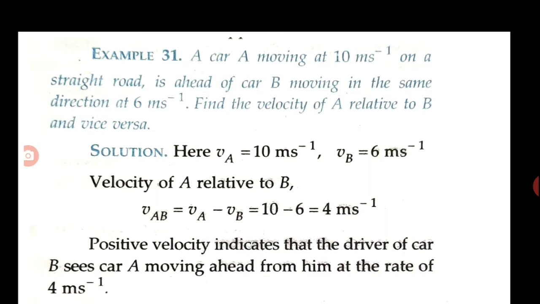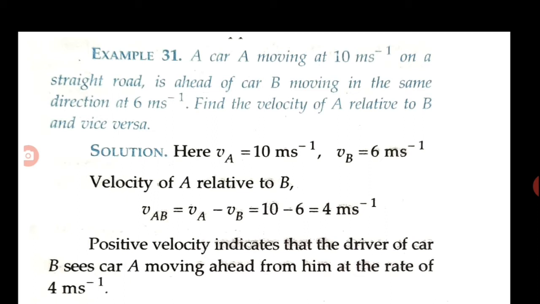In doing this type of problems, we have to follow a sign convention. If both the vehicles are in the same direction, both velocities we can take to be positive. But if one vehicle is moving in the opposite direction, one of the directions we have to take negative. Here both the cars are going in the same direction, so both VA and VB are positive. So velocity of A with respect to B is VAB equal to VA minus VB, that is 4 meter per